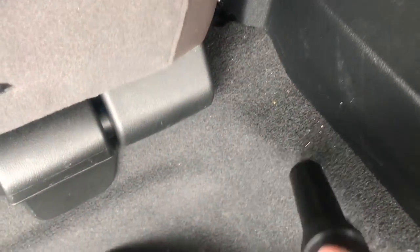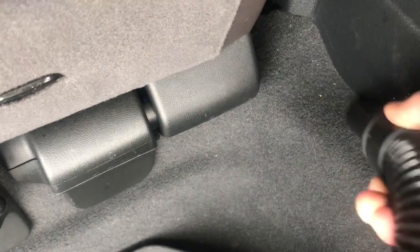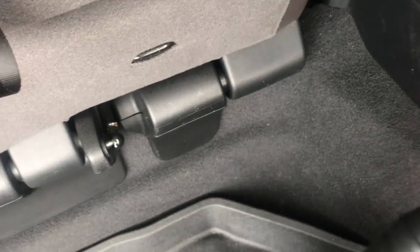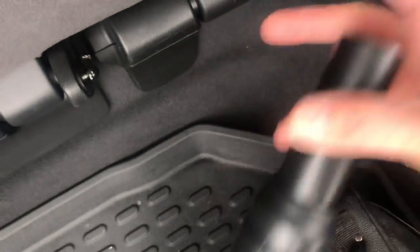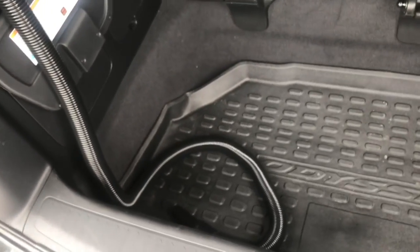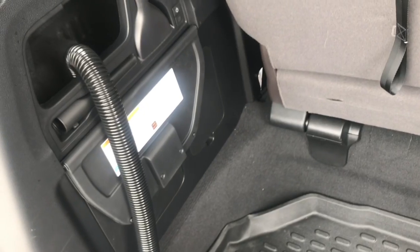I'm just trying to suck some simple things up here. Like, it's not that strong. It's not that strong, guys. It's not worth it. It's not bad. I mean, nice to have it in a pinch if you spill a whole thing of